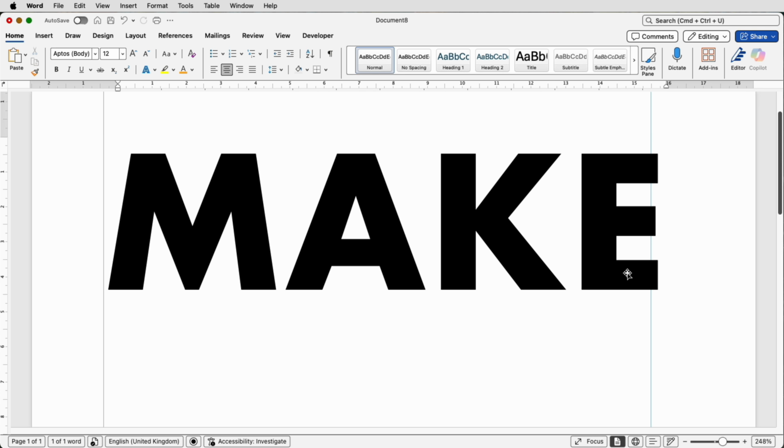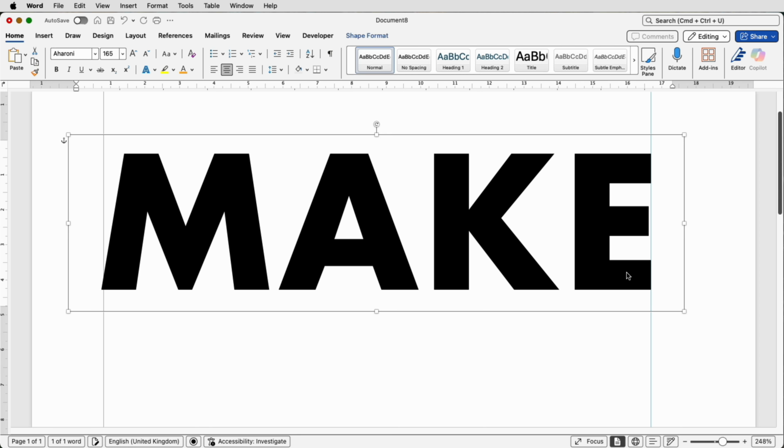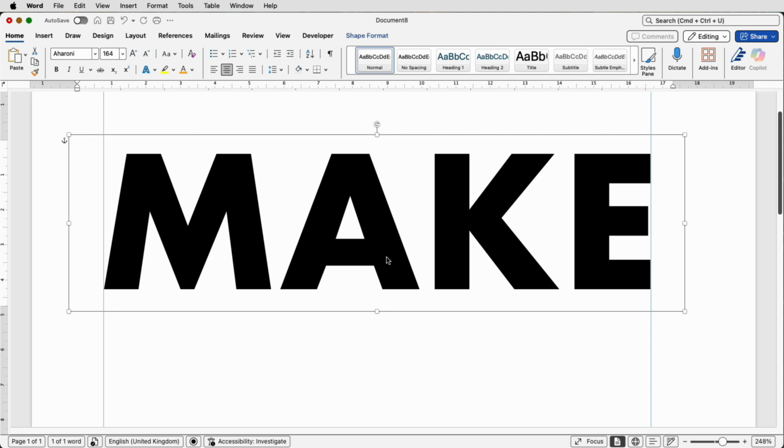So deselect, reselect it if it makes a clicking noise, and then we can just move that over, and you can see we're just over on this side here. So let's go to 164, and then once again deselect, reselect, and then let's just move that over. That's perfectly inside there. So now let's zoom out,